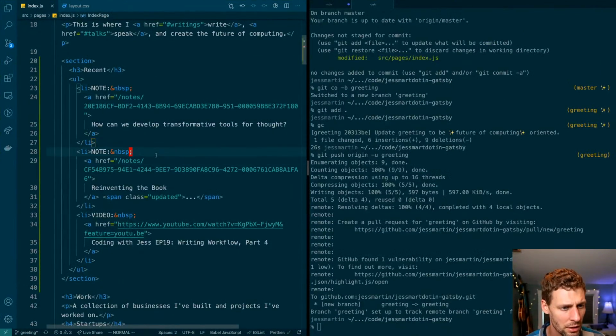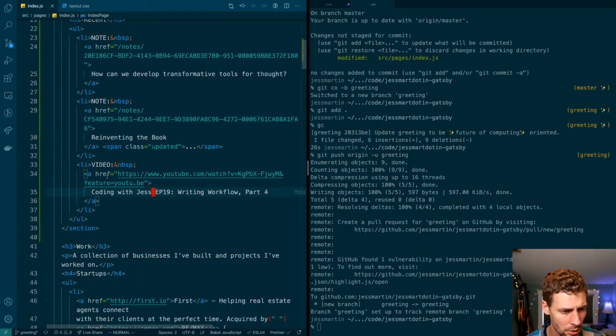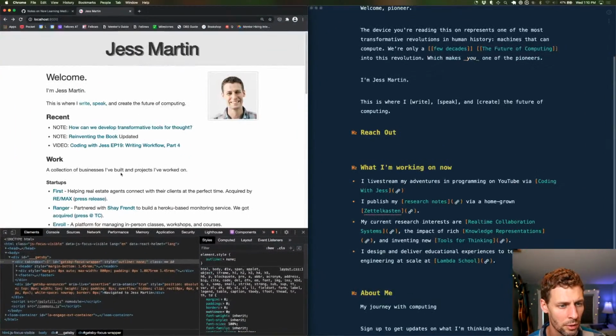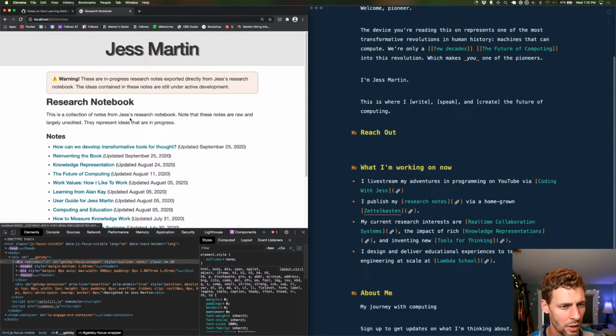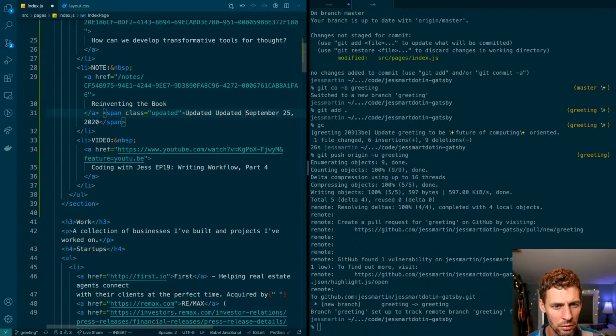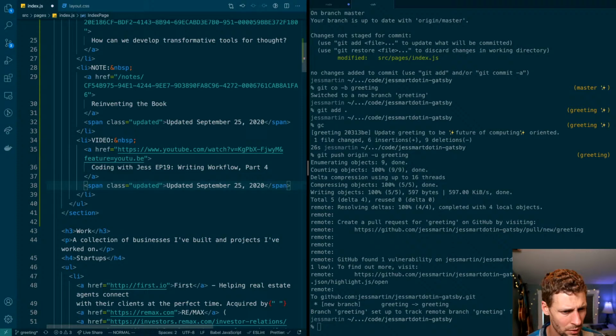Okay, back to here. Coding with Jess. All right, I was working on an updated span here. This is gonna say updated. What language do I use on the research notebook page itself? All right, updated September 25th. Both of those are the same time. Okay. September 25th, 2020. Yank that, paste it there,